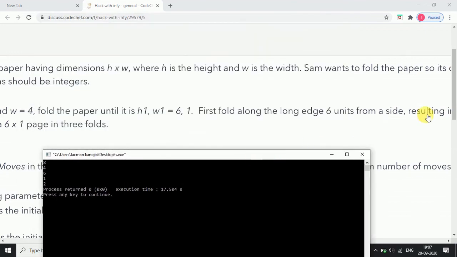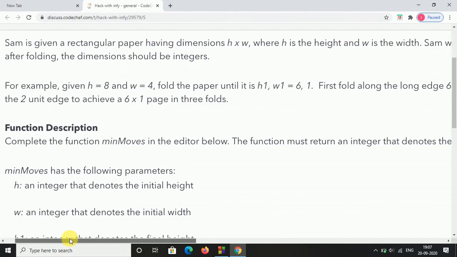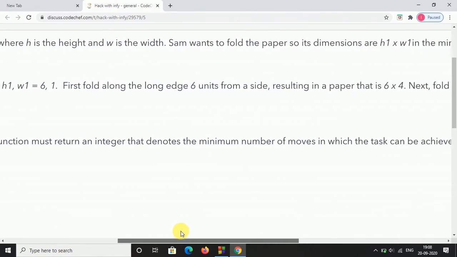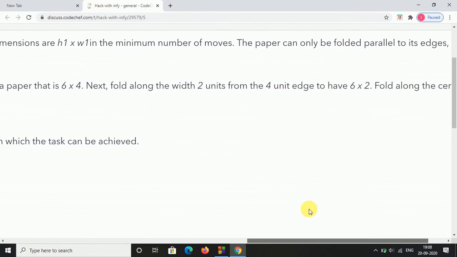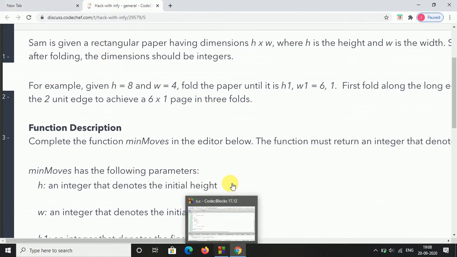Am I correct? Let's see. 2 units achieved for 6 into 1 page in 3-fold. There is something missed: 2 units in the 4 edge along with the center. So it's not 2, it's a total of 3.